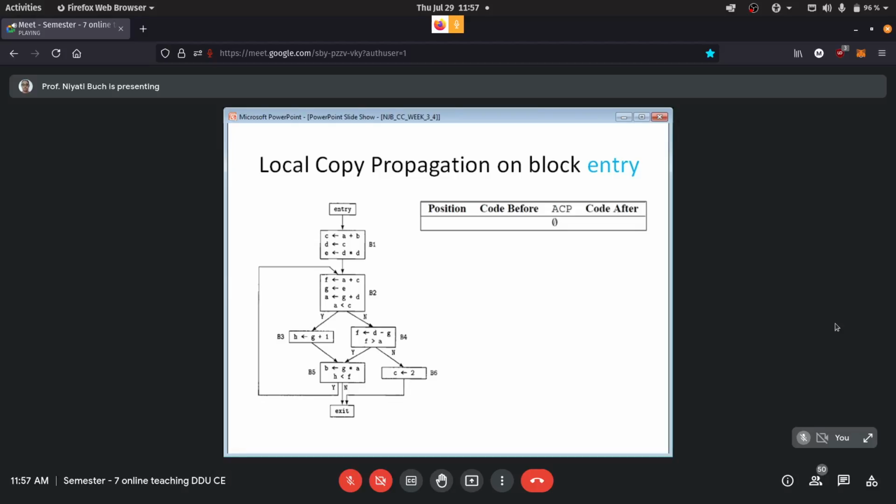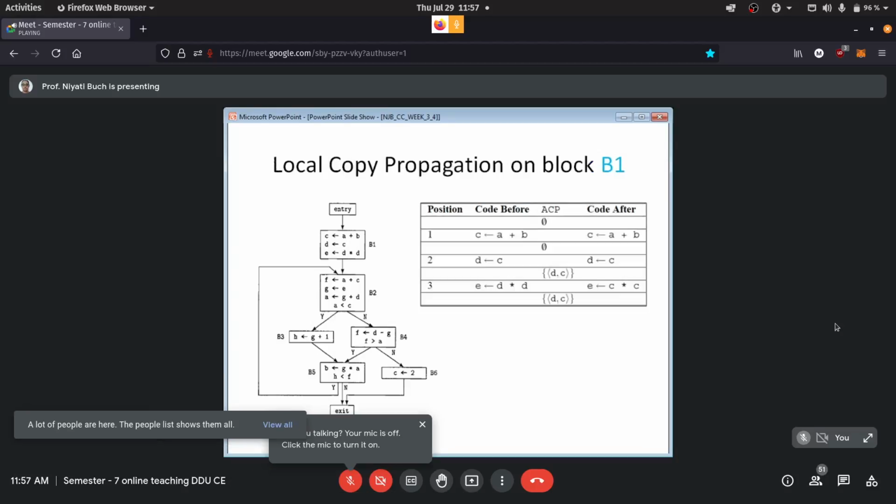Whenever we are applying it, we will maintain a table with the position, the code, whatever the instruction is, then the set ACP, and what becomes of our code after the copy propagation is done. Initially for entry, the ACP will be empty because there are no instructions.